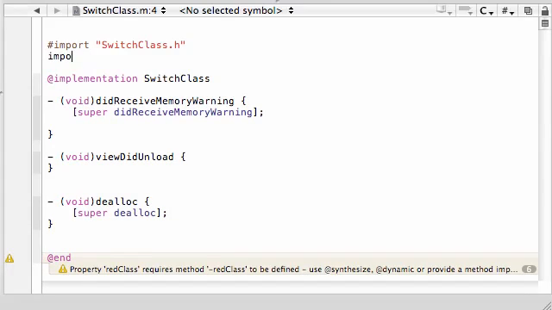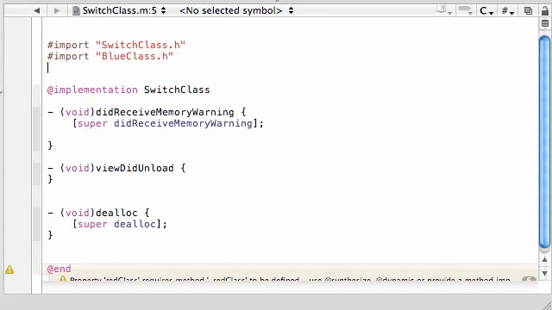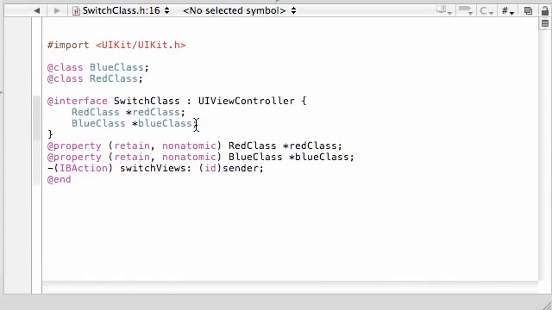Did I spell that right? Yep, I didn't put a pound sign. So go ahead and import that blue class.header, and go ahead and import that red class.header. Looks good. So after that, remember in our interface file we made these two objects, red class and blue class,